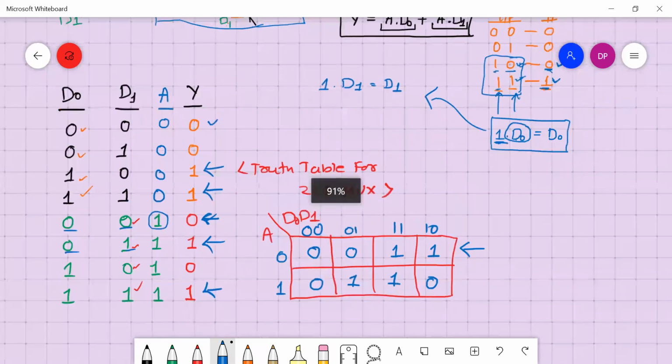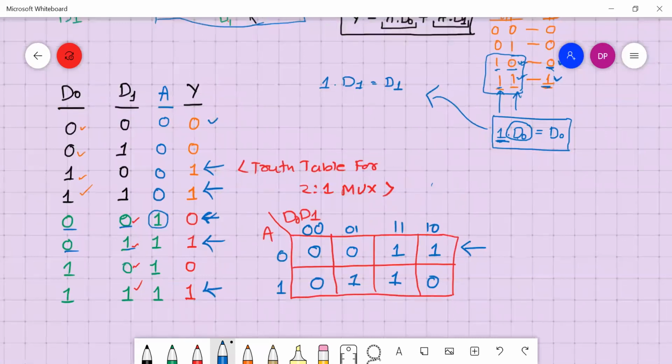So this output Y can be written as, make a group first. You can form a group of this and this. Two groups are enough, isn't it? So this first yellow, what can we write? This is A complement D naught. And this one, what will you get?